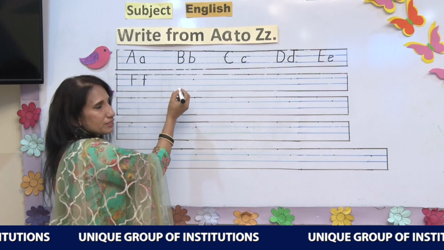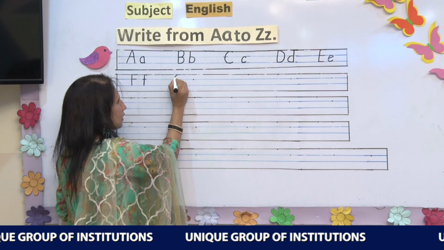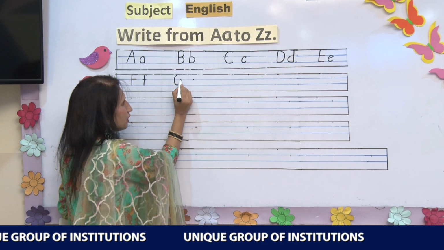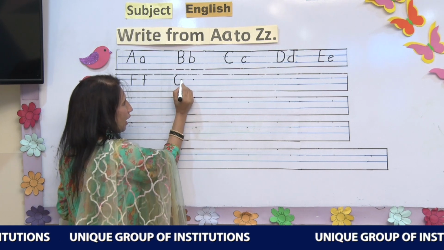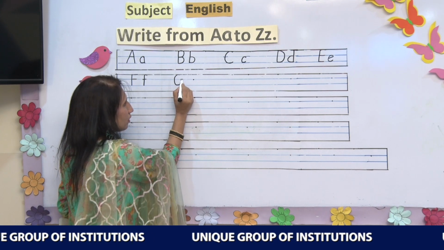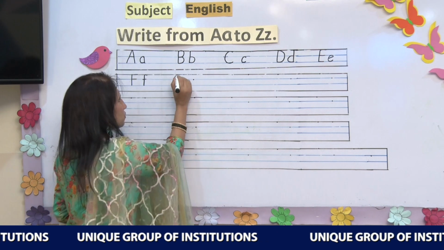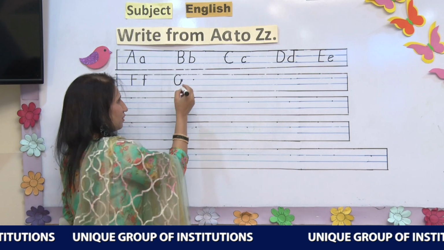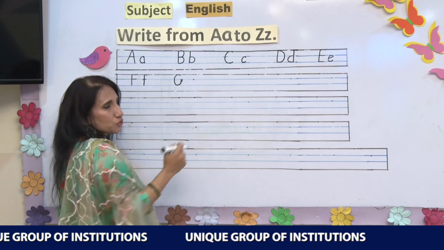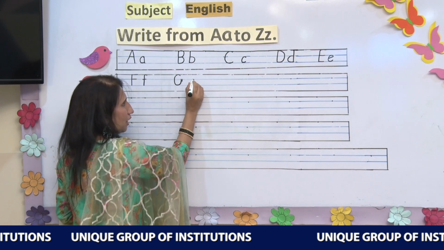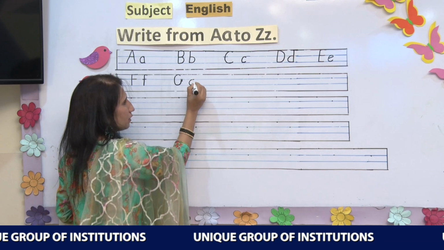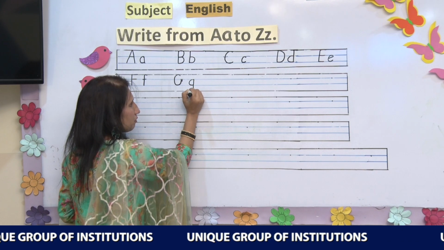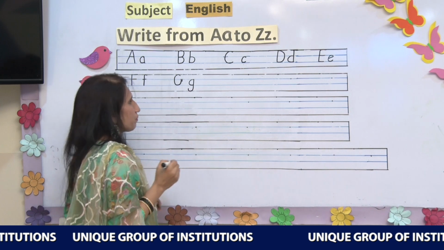Okay, now we will write the letter G. Make a C like this, and then we will make a very short sleepy line like this, and then a very short standing line like this. So this is going to be the G. Now the small g will be written in the last three lines. We will start with the second line, make a half circle, and then we will have a standing line, and then we will curve it a little bit to make a g.